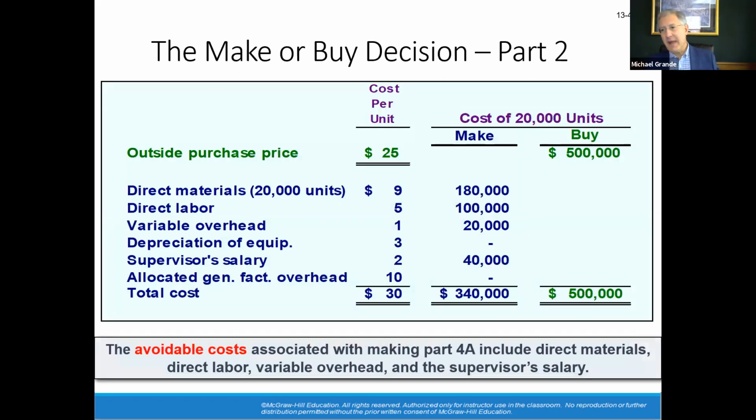So here's a make or buy analysis. If they were to buy it from somebody else, it's $25 per unit. 20,000 units, $500,000. But what costs are relevant? What costs would go away if they were to buy it from somebody else? Clearly the direct materials, clearly the direct labor, clearly the variable overhead. The depreciation,